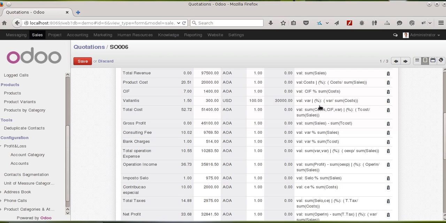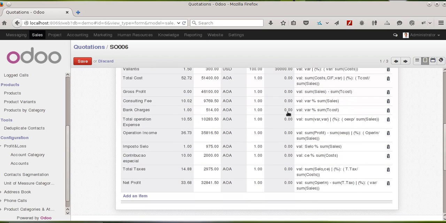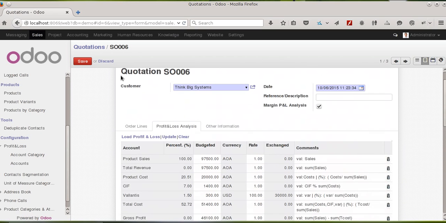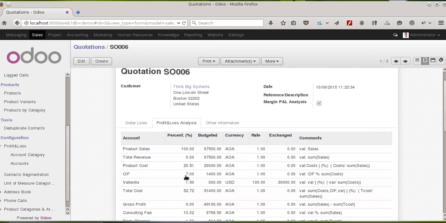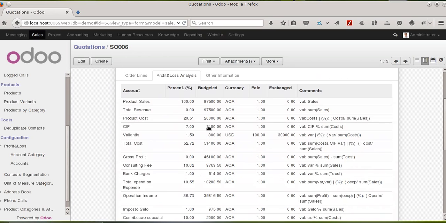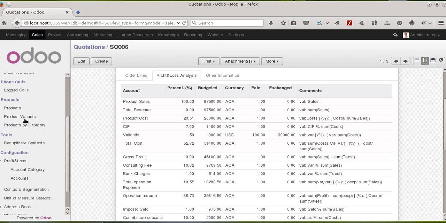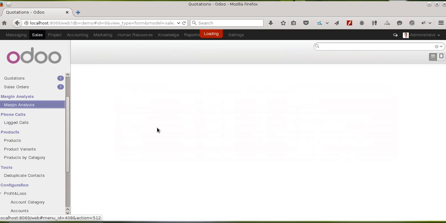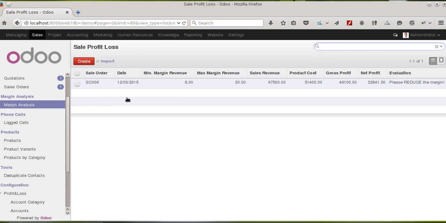Because if I wouldn't have this, even myself would be a bit lost. So this is what you can do, and then you can save. From here you can come here to the margin analysis. In margin analysis you will see the sales order number, the date, the mean margin revenue, the max margin is a resume, and is already the evaluation of the